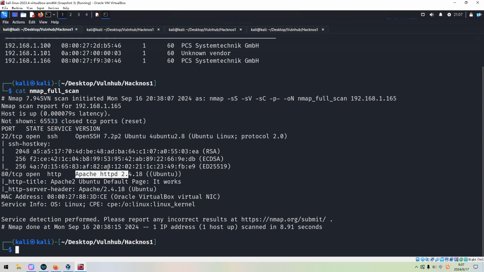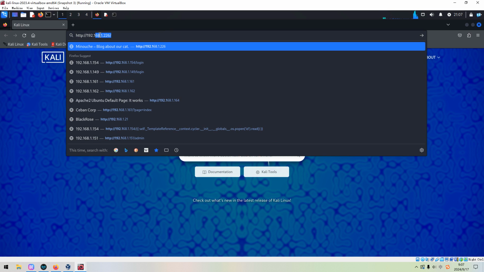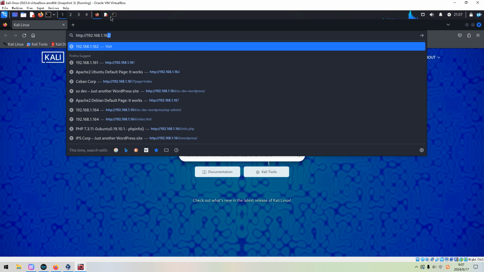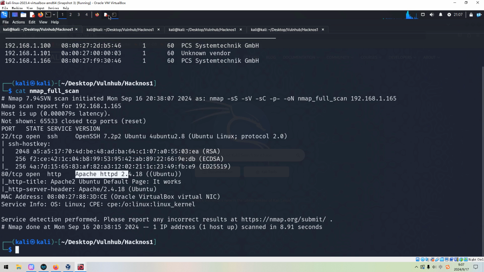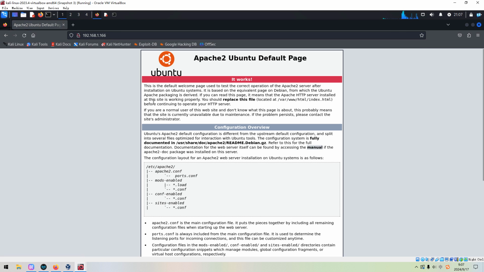So what do we have to do next? Of course, we need to begin enumeration with this web application, both manually and automatically. Let's fire up our browser of Firefox to do the manual enumeration first. And we can put the IP address of the target into the address bar. Okay, press enter. And we got the page back from the target.